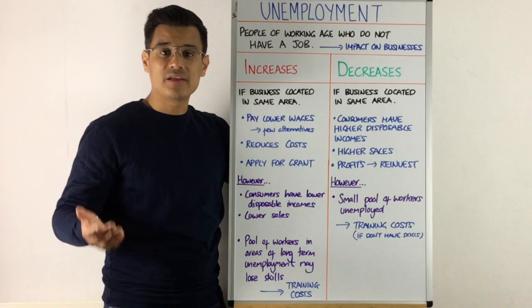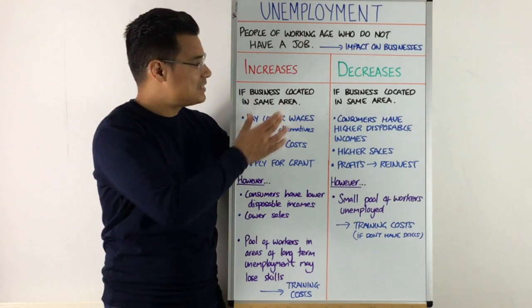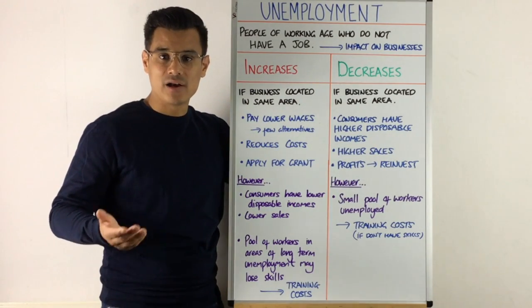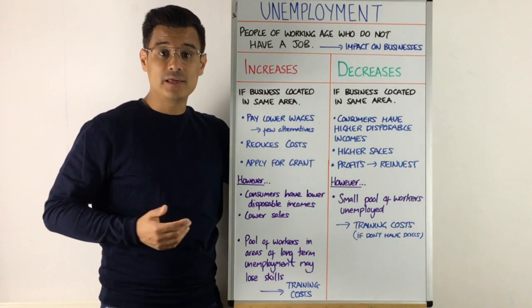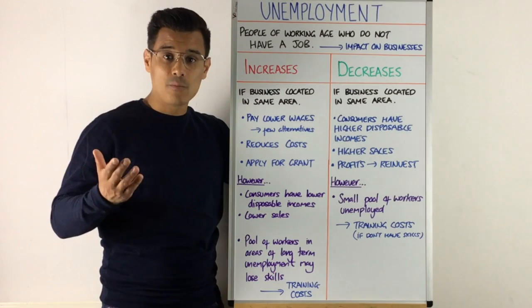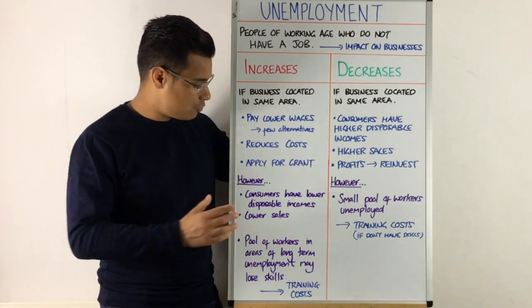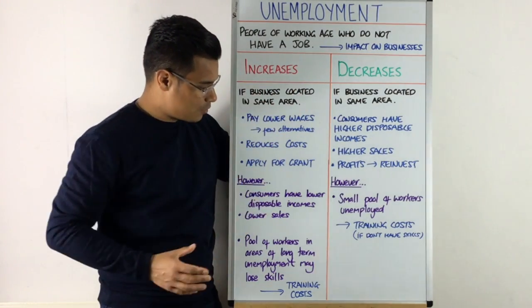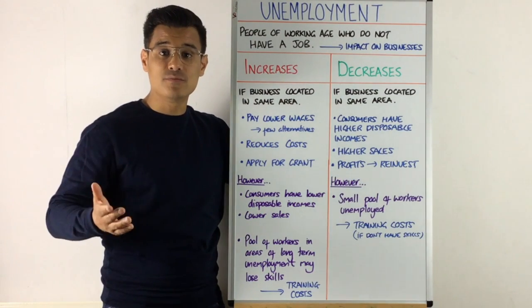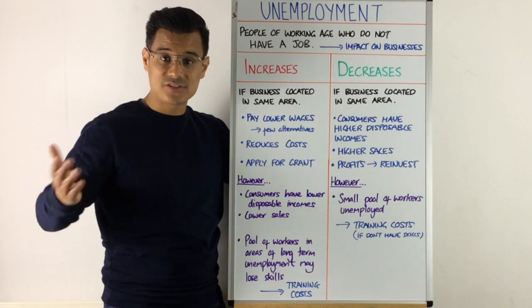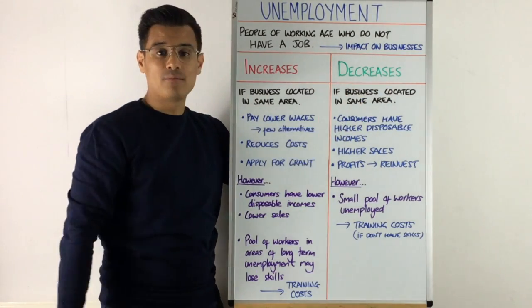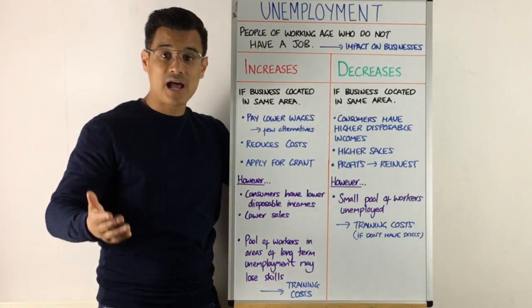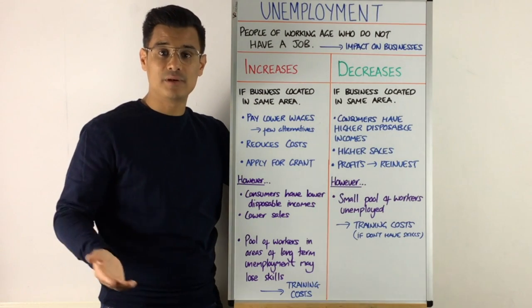And one thing to think about is that it is not always the case that the business is located in the same area where there is unemployment. They may be in a separate situation. They may be selling through e-commerce, for example. But the strong point here is on a national level. If you have got high unemployment, well, that's really going to affect consumers' disposable income. They have less to spend. And on the other side, if you've got levels of low unemployment, then consumers are going to have more to spend. They're going to have more disposable income.